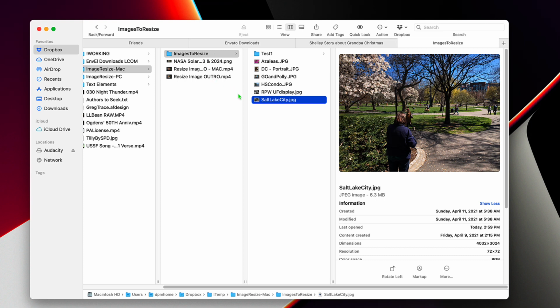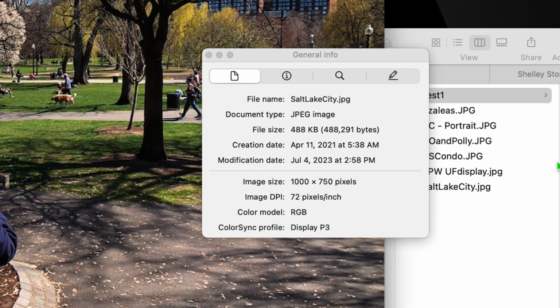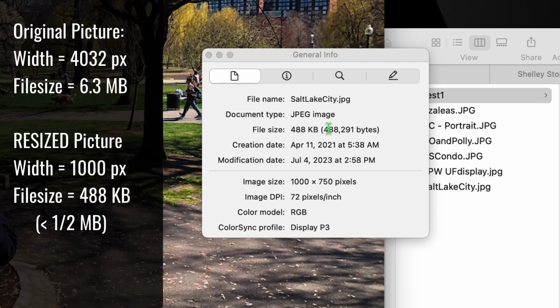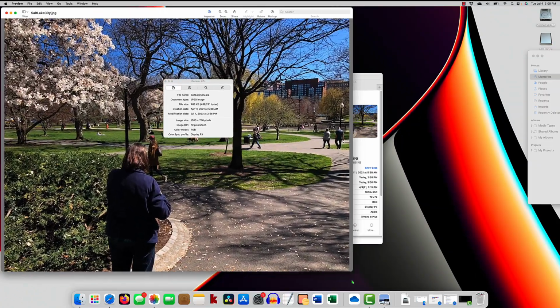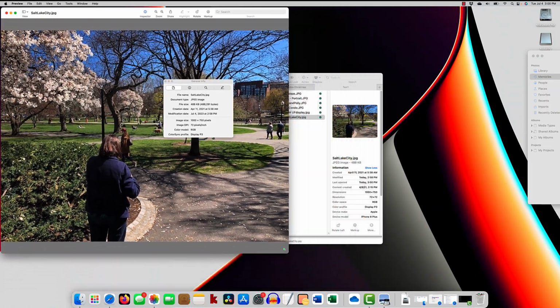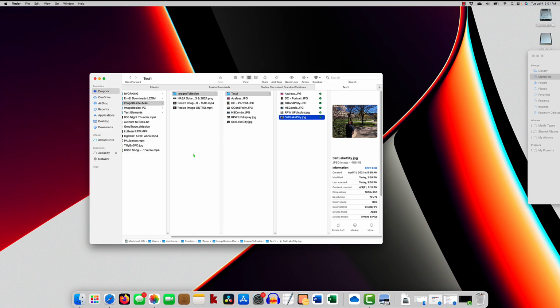Now let's go back over to the Test 1 folder where the resized images are, and we'll double click on the Salt Lake City image, and we'll do a Command I Information. We don't need to because it's already open. I guess I didn't close it before. And we can see that this one is only 488 kilobytes. So you can see the file size is significantly reduced. And if I wanted to make this much larger, we can see that the resolution is still quite good. So that's all you need to know right now about resizing files on a Mac, both single files and multiple